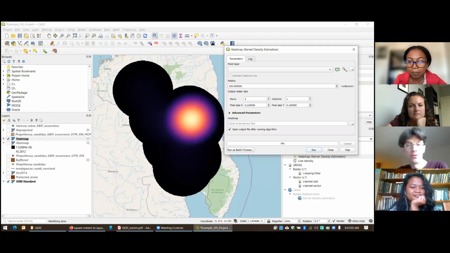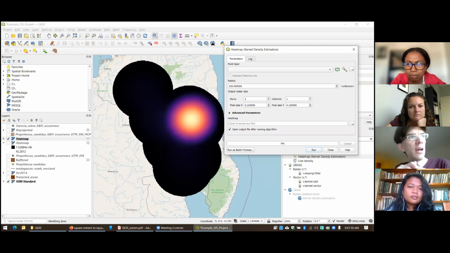So personally I never use them, so my understanding of uses for them is a bit limited, but I can tell you that it provides you with an estimate of the density across the landscape. So the density of points. It's actually used a lot in crime maps when they want to see which areas across the landscape are hotspots for crime or other types of activities.